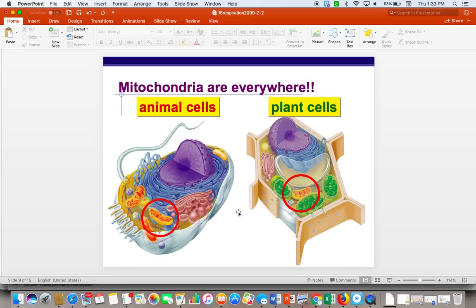So mitochondria are found in plant and animal cells. So plants are going to use photosynthesis. They're going to use this chloroplast to make sugar first. Then the sugar comes over here to the mitochondria. So plants actually need a tiny amount of the oxygen that they produce, just not much. And look, even in this diagram, you see that the animal cell has more mitochondria than the plant cell because animals are going to need more energy.